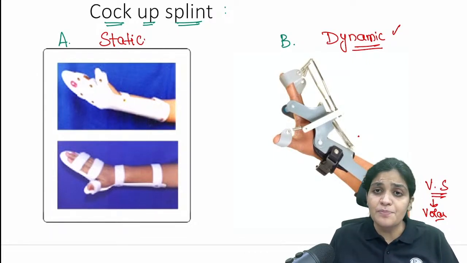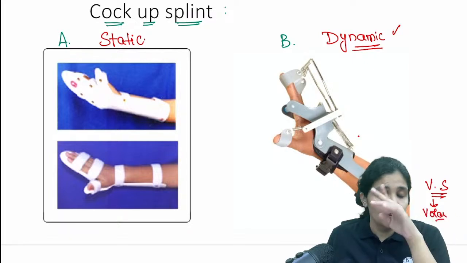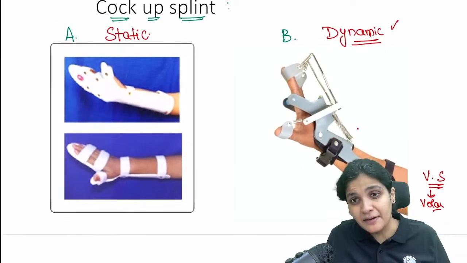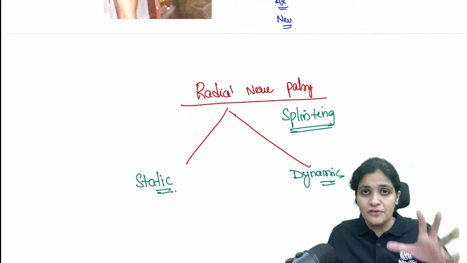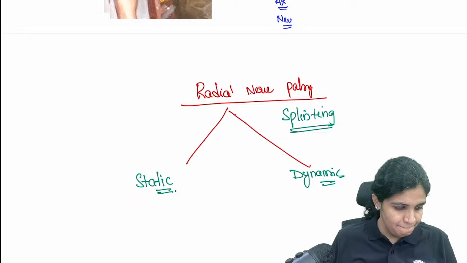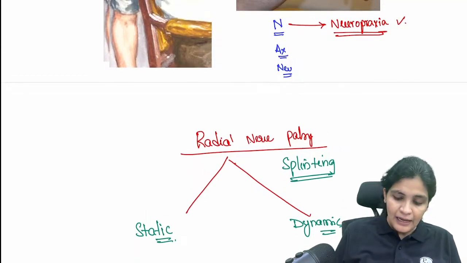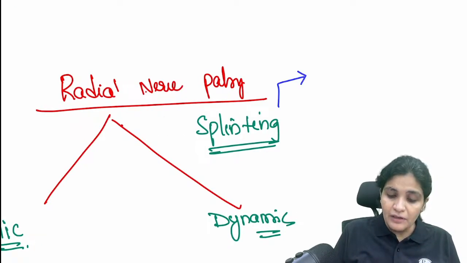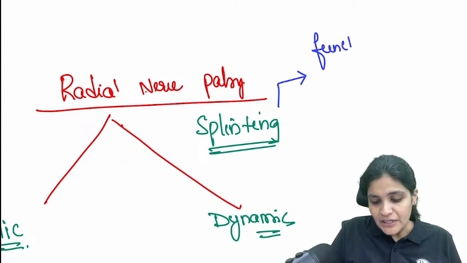So why actually do we have to splint it? Can't we leave it like that? Okay, what will happen if we don't splint? Why splint? To learn the names of the splints, put a lot of effort into answering them. So why this whole process of splinting? Yes. So the theory behind it is, anyway, even if you don't do splinting, nerve regeneration will happen. There is no role of splinting in nerve regeneration. The splinting actually we do is we provide functional position